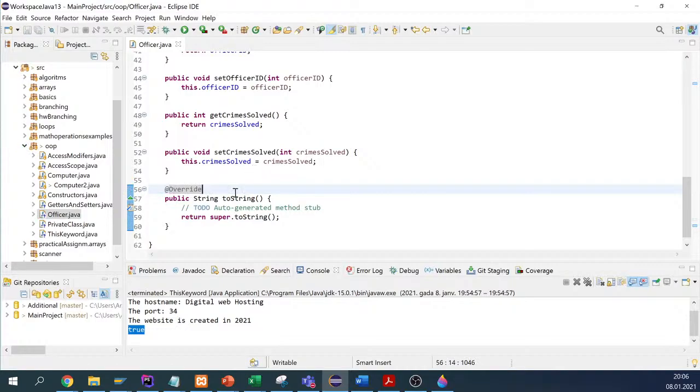In this case, it means practically nothing for us; it just shows that this method is overridden, and there won't be any effect on the execution. So we define the method toString,